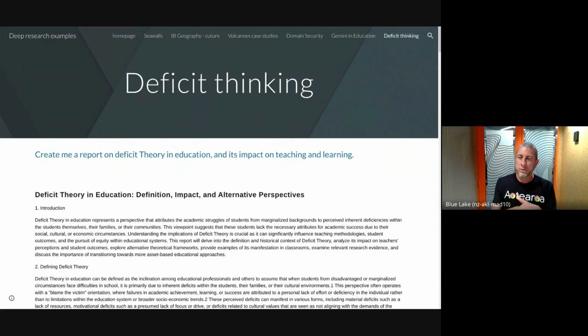So if you've got some action research you're currently doing, or if there is a discussion around pedagogy, drop it into Deep Research and get it to go out and do some work for you. If you want to look at Deep Research on the history of the Auckland container terminals, you can do that. Wellington Airport, anything you want. So Deep Research will go and do all the work for you. Okay, so drop your research into Gemini,